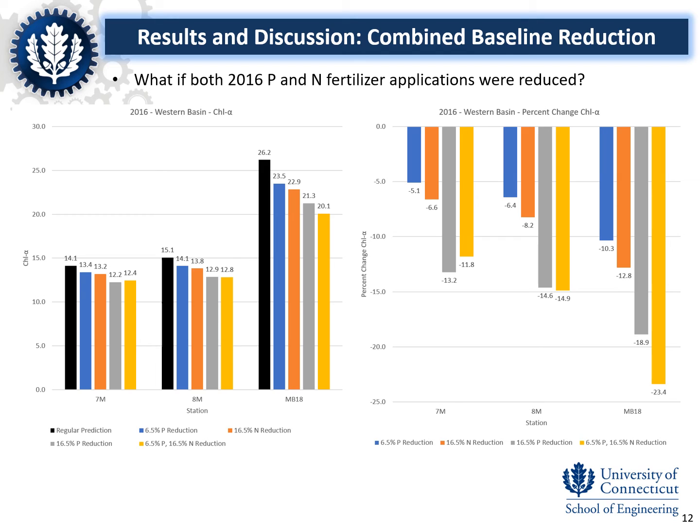This indicates that reducing both phosphorus and nitrogen fertilizer applications is more beneficial than only focusing on reducing one type of fertilizer. However, by just following the baseline reduction of phosphorus and nitrogen fertilizer applications seen, it would not be possible to obtain healthy predicted chlorophyll-A levels that are less than 5 micrograms per liter.